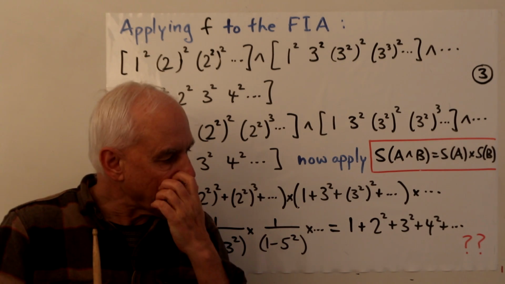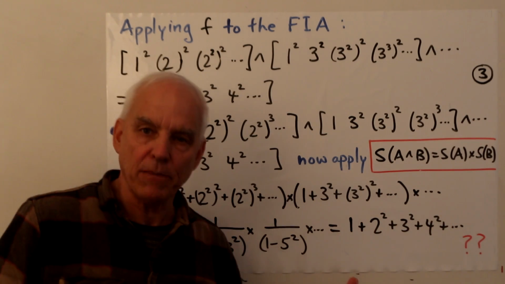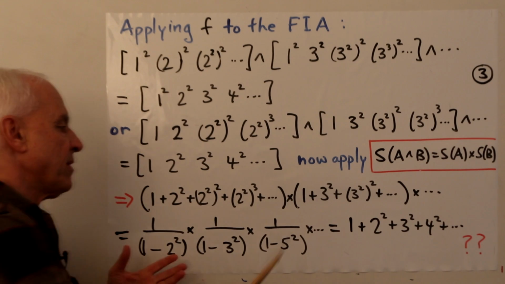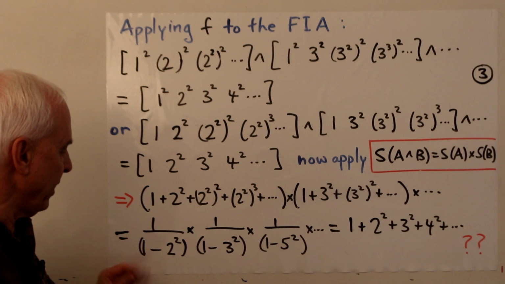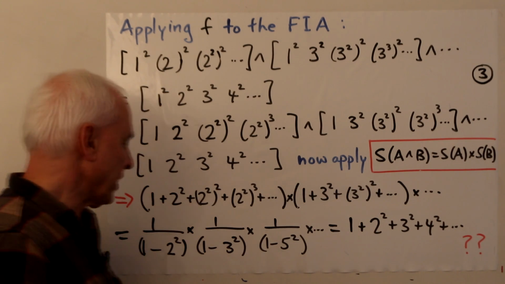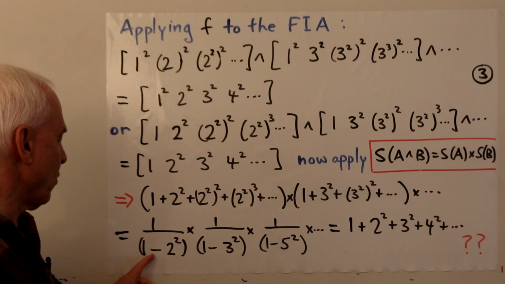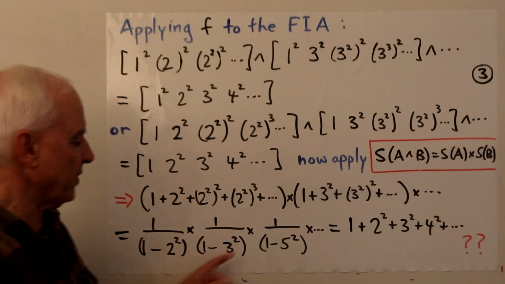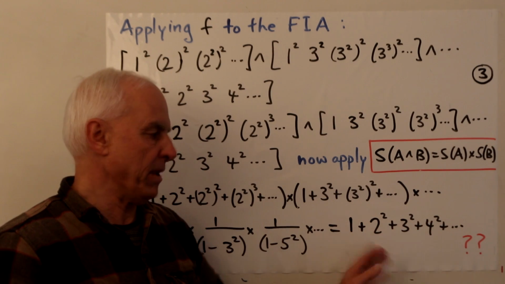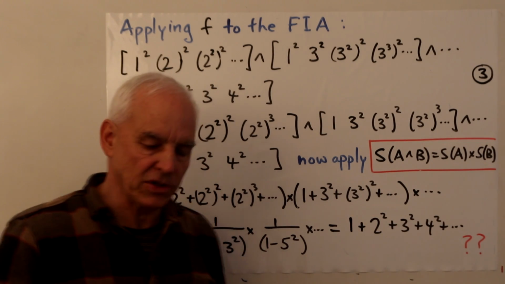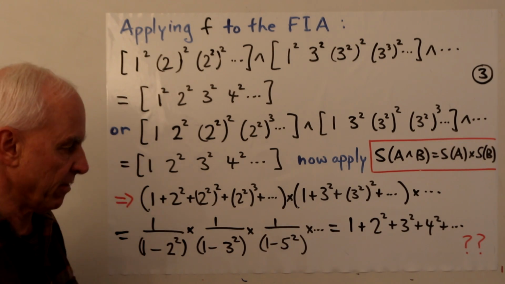Although it's possible that perhaps there's some interpretation of these unbounded objects for which some kind of equality like this has some kind of meaning. But certainly currently, this doesn't look like it's very promising. I mean, these things here are negative numbers, and they're getting bigger in the denominator. So this whole thing is getting smaller, and this one is obviously getting bigger, at least if we proceed in terms of partial sums. So the validity and the meaning, in fact, of something like this is very much in question.